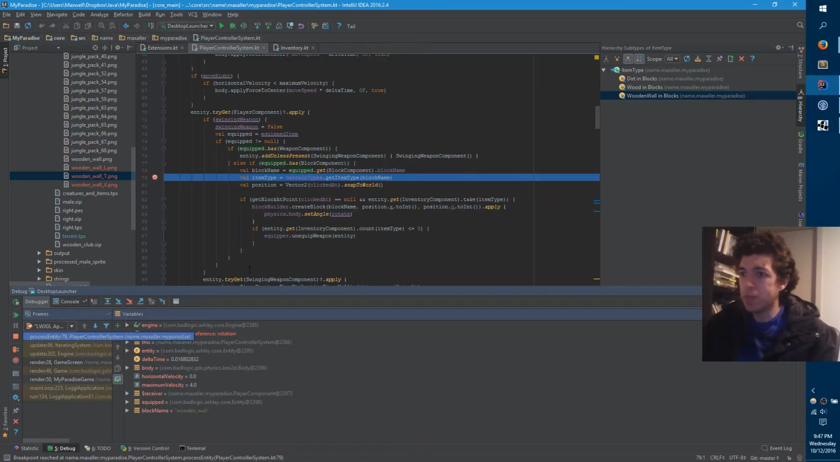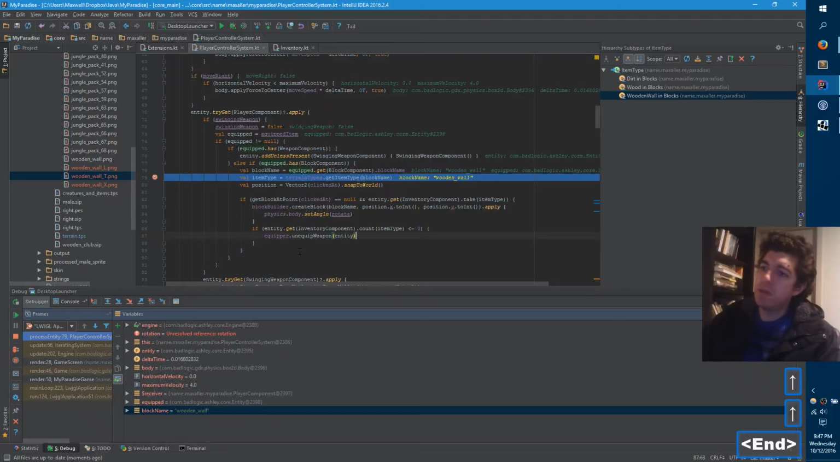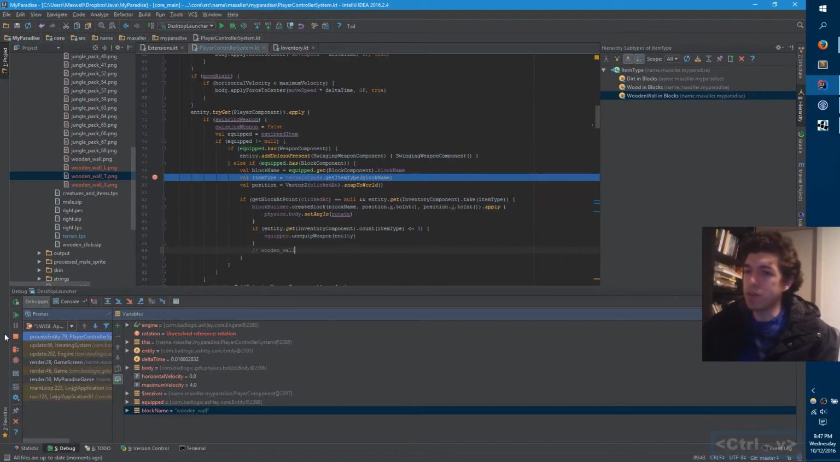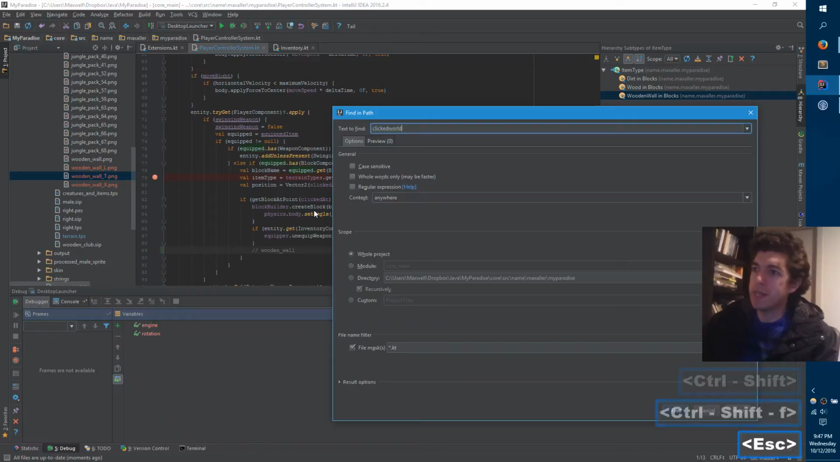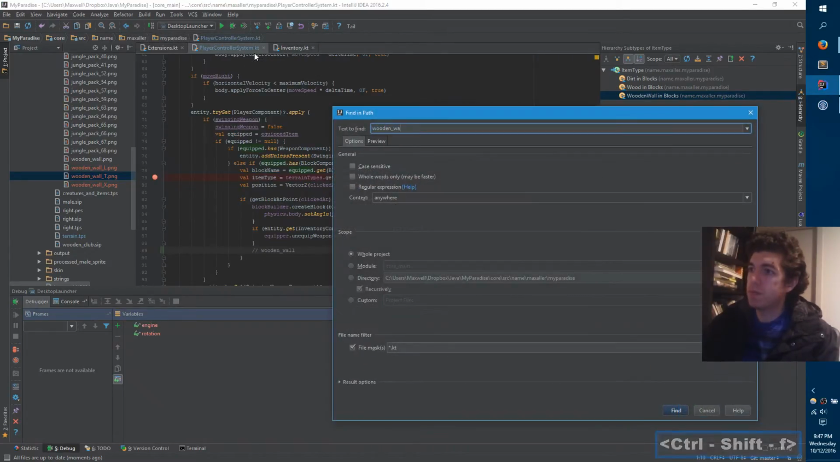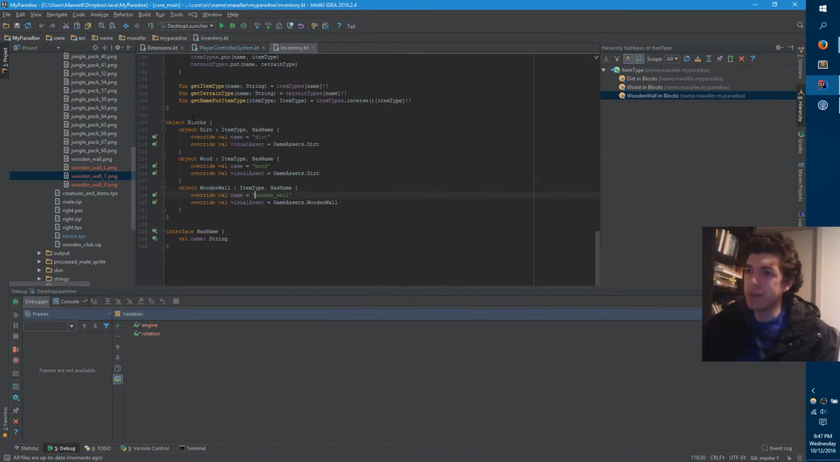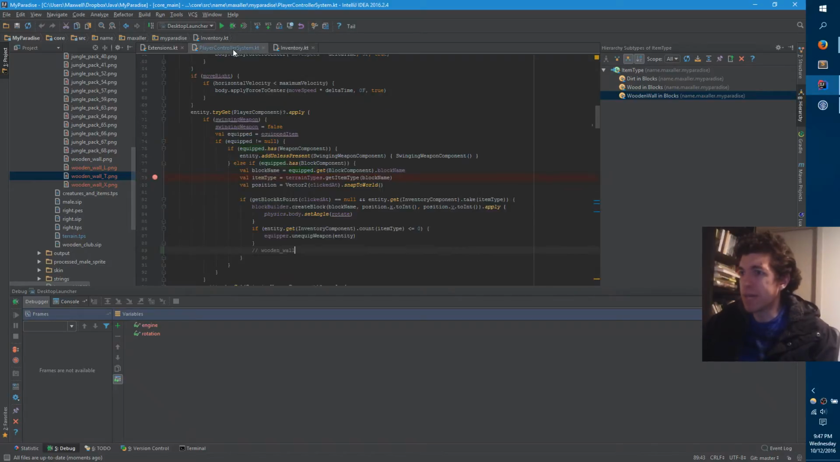Okay, so when you place a wooden wall, the block name is wooden wall. And if you look for where wooden wall is, I think it's this one. Yeah, there's the block wooden wall, and it just has a name, wooden wall, and that's what you refer to it as in its string form. So anyway, you can say if block name